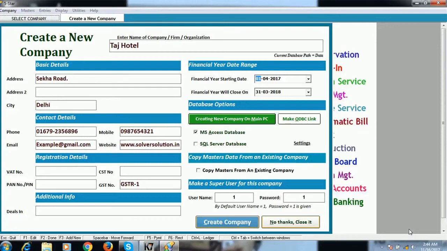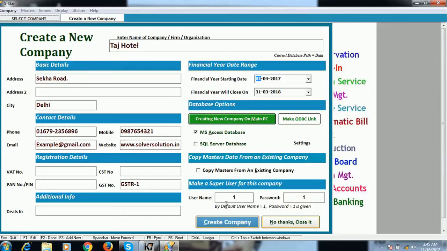There are lots of benefits. Whatever you want, you can give different rights, such as what authority to give a person. So we will discuss that with you in the next video step by step. Firstly, we will learn how to create a new organization. Create a company. New company has been successfully created.